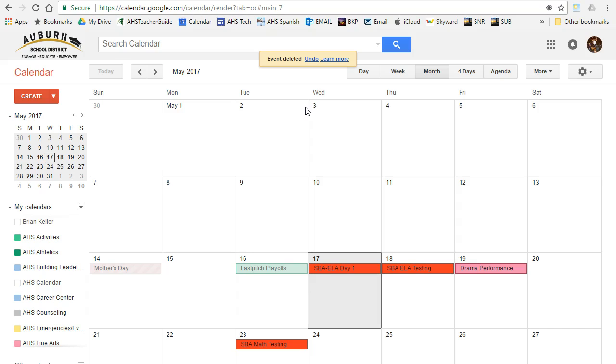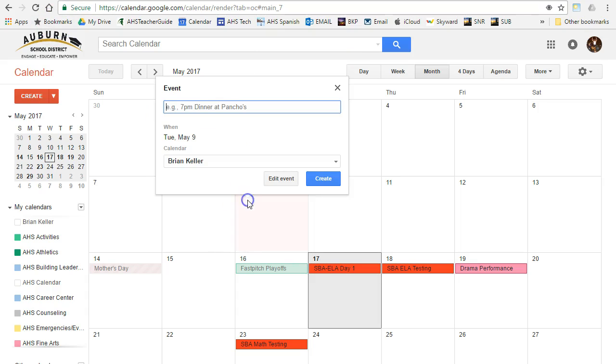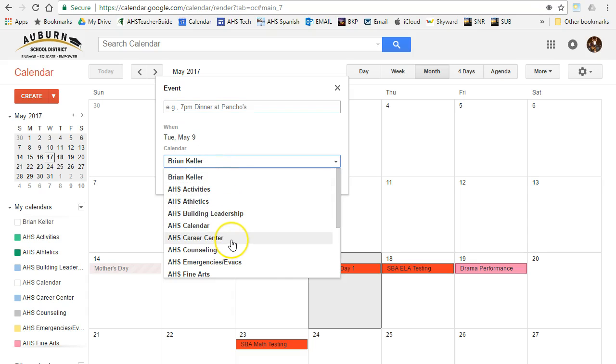If you need further assistance than that, let me know and I'll come help show you how to do that. If you're at all familiar with Google Calendar, I think you'll catch on quick. The only thing to remember is that when you enter an event, you have to select the calendar that you're doing it for. Otherwise, this whole process won't work,